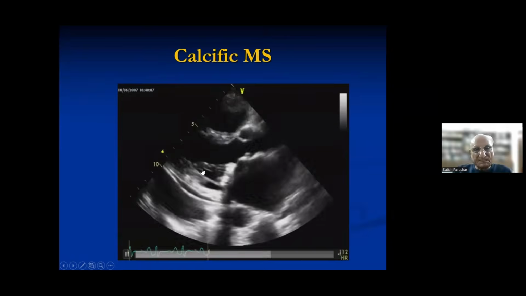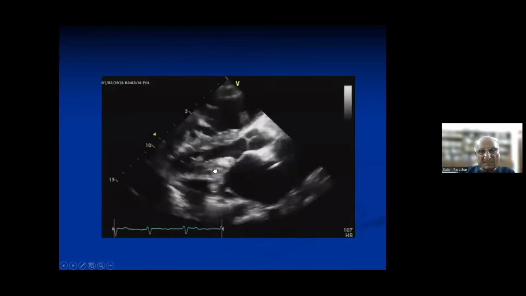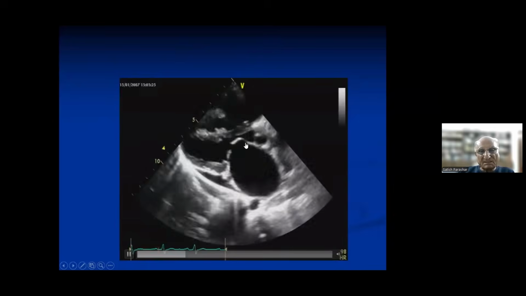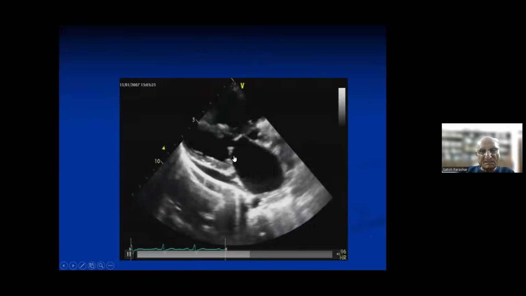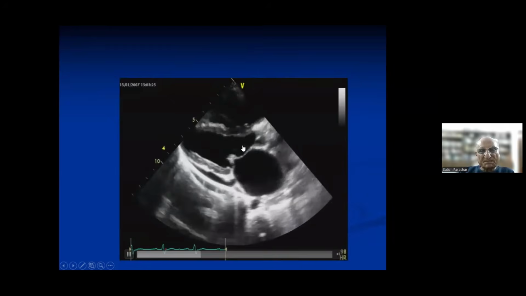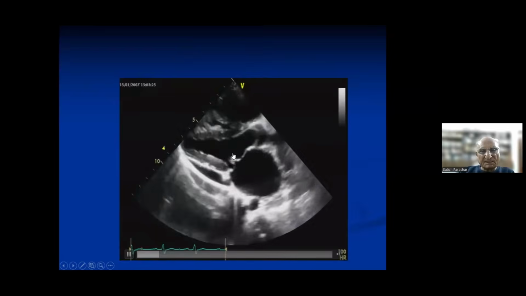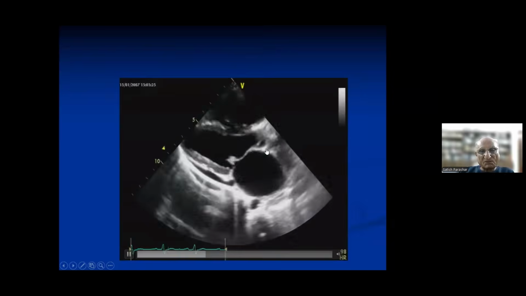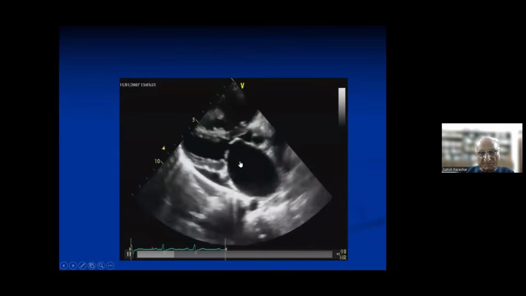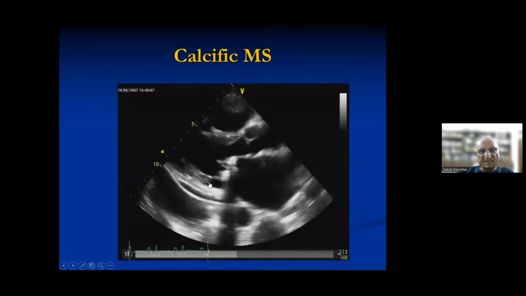And here you see it's a calcified valve. Remember that doming is a sign of mobility. Why does the doming occur? The leaflets are fixed at the annulus and the tips are fixed because of disease. So the only thing which moves is the body of the mitral leaflet. The base cannot move, the tip is restricted because of the disease. So as the disease becomes more severe, the doming may disappear. Here you see doming still there, but here hardly any doming.